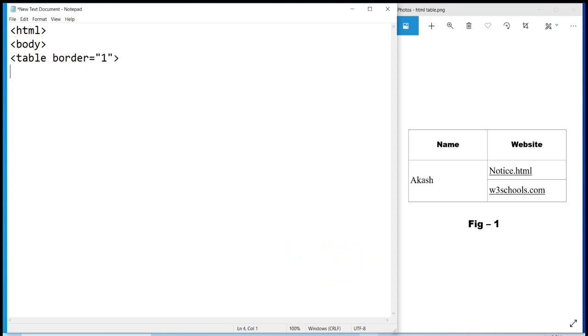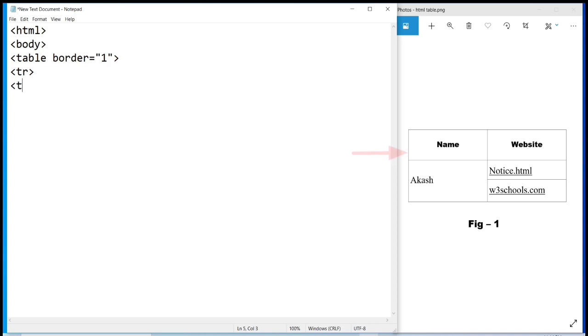Then you have to write tr. Why tr? Because we are starting our row, and I already told you to check our output. See here we have 3 rows. That's why at first we have to use the first row, then the second row, then the third row. Serially we have to use tr for table row. T for table, R for row. That's why see here tr for table row. We are opening table row. Then first of all, in the first row you can see there is name, and this one is bold format.